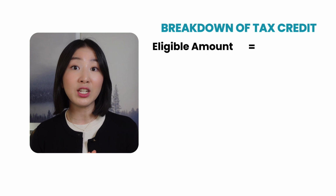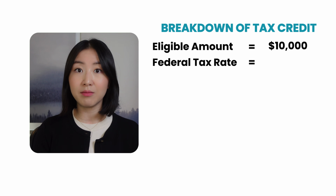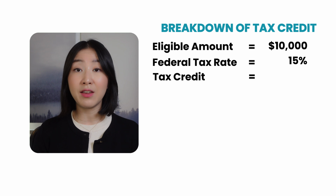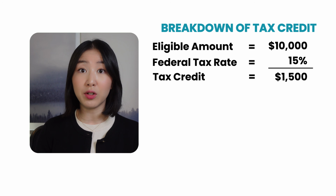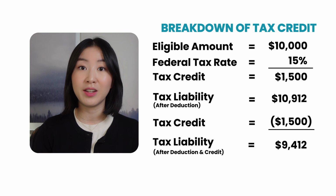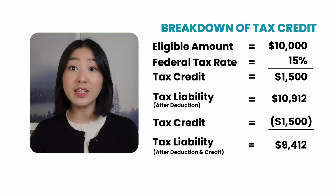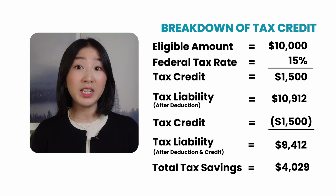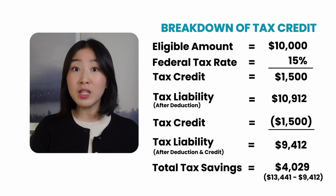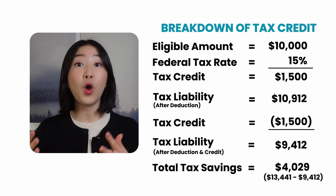Then, if you have tax credits of $10,000, you would need to apply a specific rate. Let's use a 15% federal tax credit rate. So your actual tax savings is $1,500. This means your tax liability gets further reduced to $9,412. Overall, by using a combination of tax deductions and credits, you saved $4,029 in taxes by reducing it from the original tax bill of $13,441 all the way down to